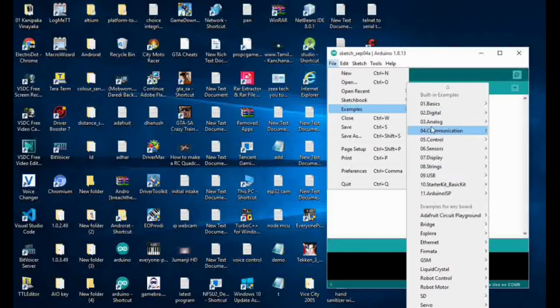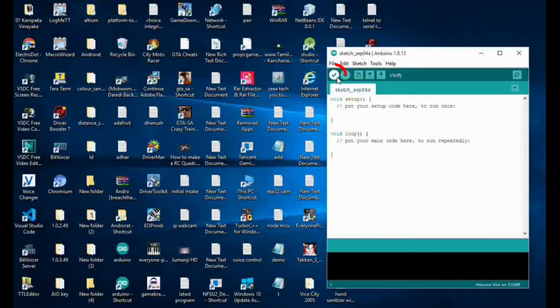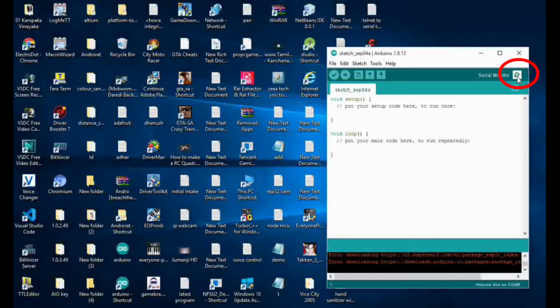These are the example programs which are already present in the software. This is the compile button. It will show us the errors in our program, and this is the upload button, and this is the serial monitor. We will discuss about this in later videos.